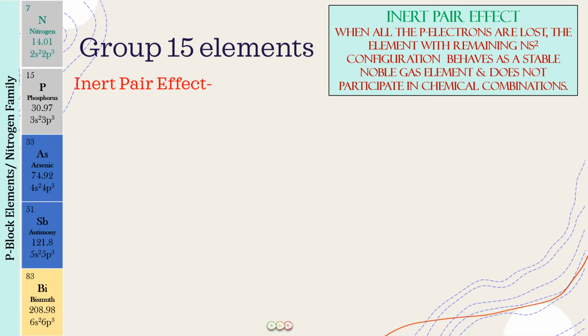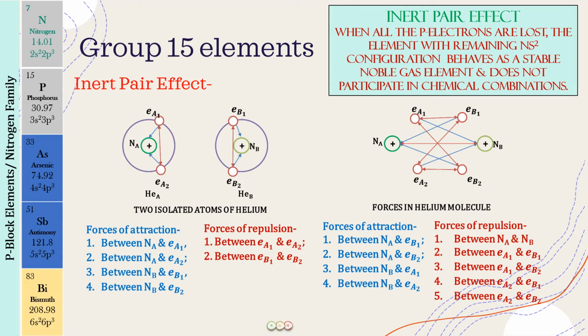All right. So here what I'm going to do is I will be taking you back to the lectures of chemical bonding, where in the valence bond theory you understood how the chemical bonds are forming. There you have studied that the hydrogen molecule H2 forms, whereas He2 helium does not form. So the diagram I am taking over here is of the helium molecule. I could have taken it for the hydrogen also, because what I am going to take you from this position is to the formation of the compounds of the group 15 elements.